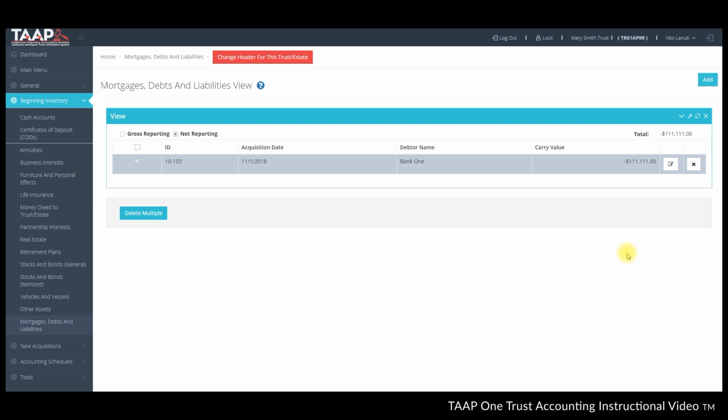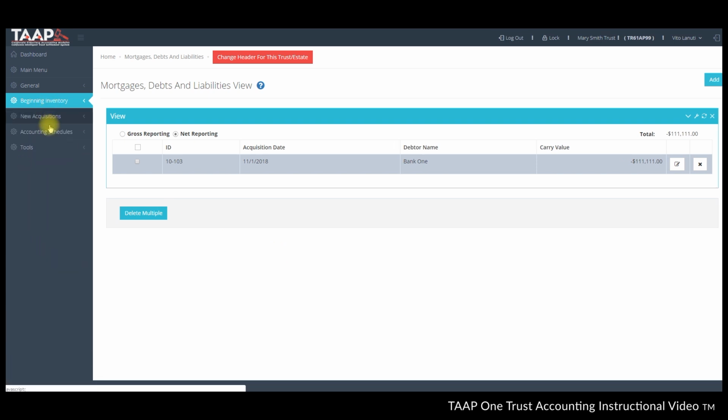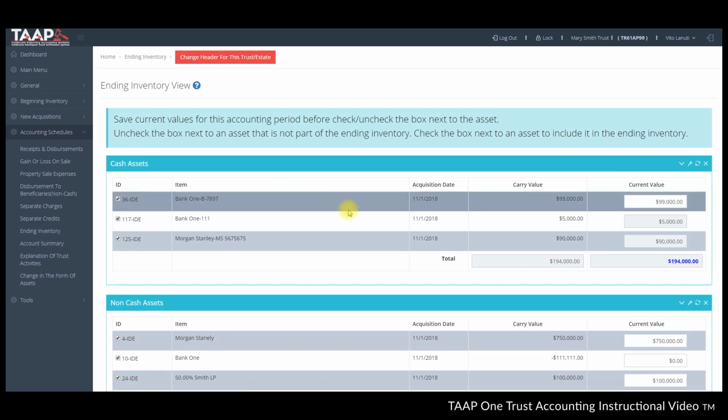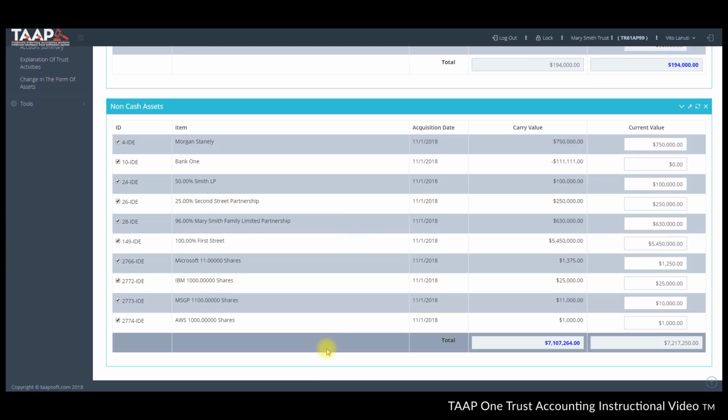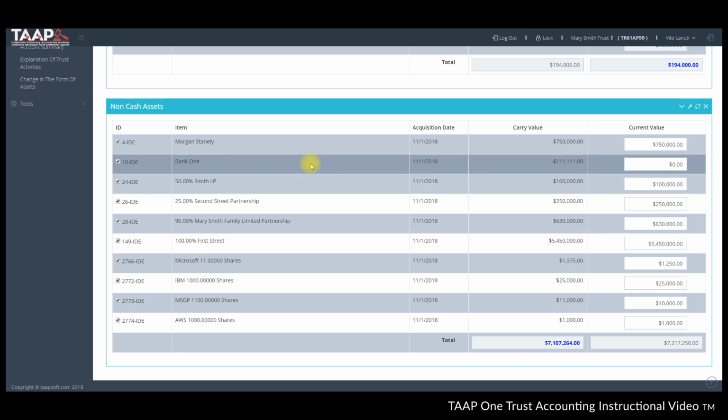Okay, so if you were reporting at net reporting and you wanted to switch to gross reporting, that's probably one of the easiest changes to make in our program. You just come back into mortgages, debts, and liabilities and select the gross reporting, and everything will be adjusted. Let's just take one real quick look at the ending inventory, and here you'll see our bank